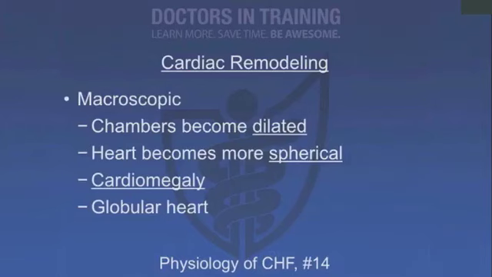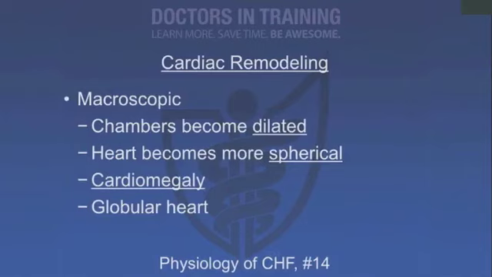The heart is sort of eccentrically positioned, eccentrically shaped, and when you start to change the size and the shape of the pump chambers, you're stretching the muscles in ways that are not really natural, and so it's not as efficient a pump. On a macroscopic scale, the chambers are dilated, the heart becomes more spherical. You see enlargement of the heart or cardiomegaly. Sometimes we talk about a globular heart. It's like a big round basketball, and it's more in the center of the chest, and it just doesn't work